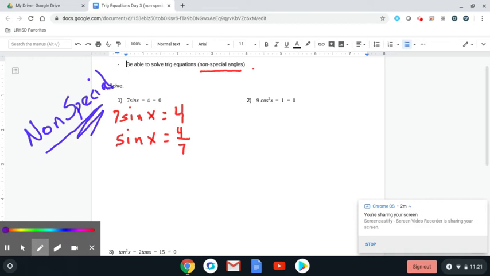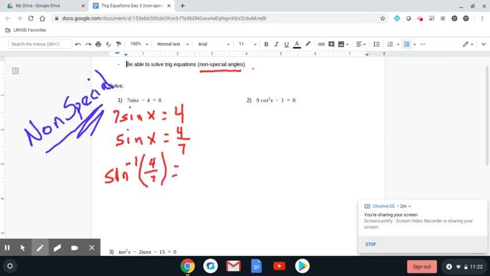Okay, so the second that I know that I'm working with a non-special angle, we're going to do exactly like we did yesterday, where we have to find our reference angle, then find a quadrant, and then that's going to lead us to our two different answers. So it's going to be really hard for me to bring up the calculator and do this at the same time. I just wouldn't have enough room. So I'm going to write what I would put in the calculator. But in order to find your reference angle, you would type in and find the inverse of sine of 4/7. That's what you would need to type in your calculator. And that would give you a reference angle, making sure you're in radians, of